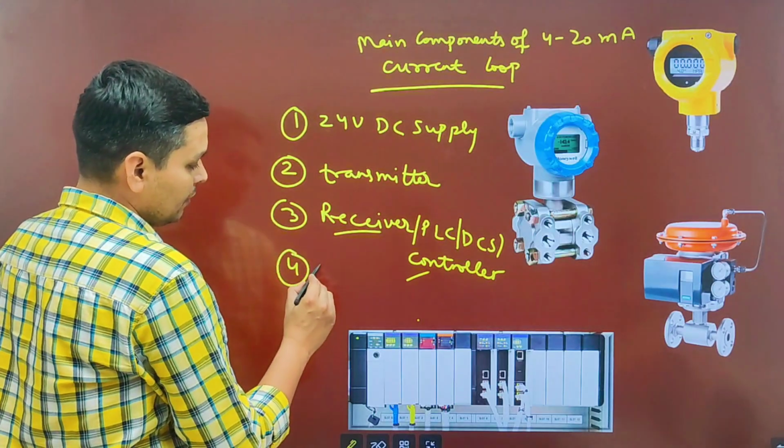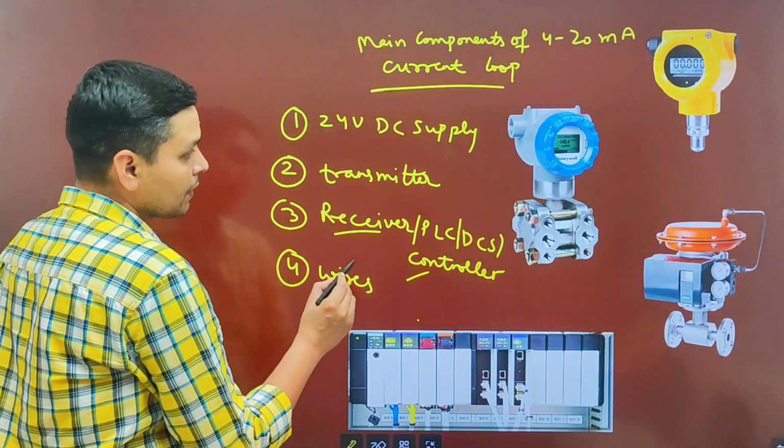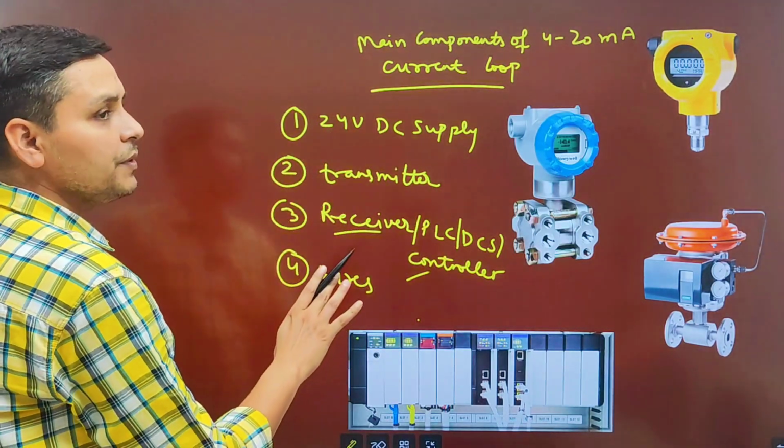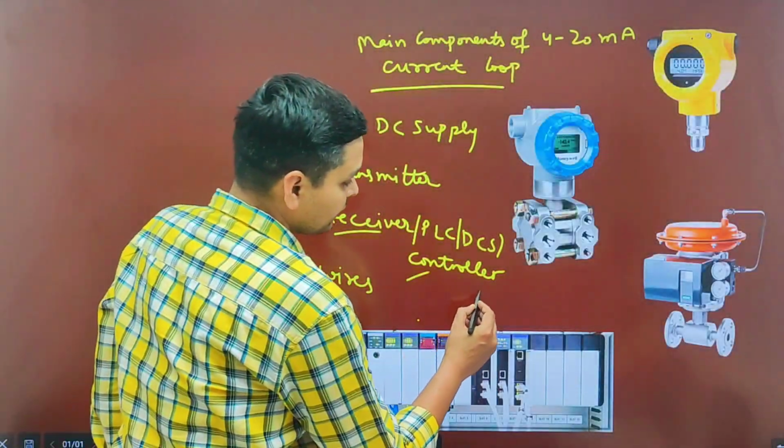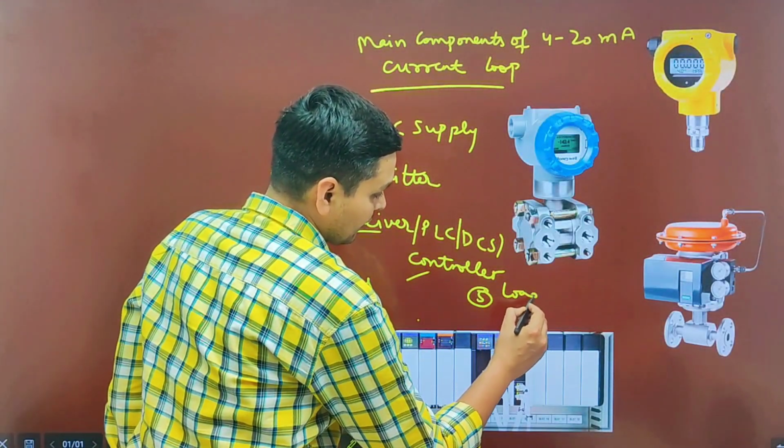Fourth one is wires through which the whole loop is connected, and the fifth one is load resistor,